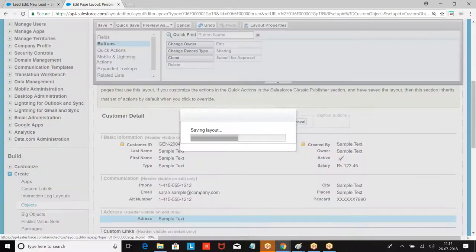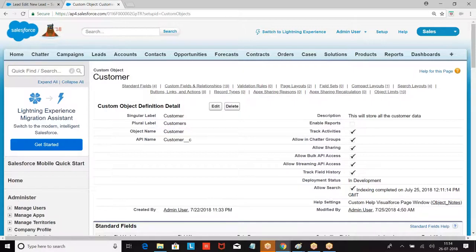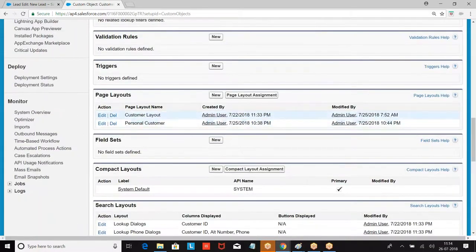Right? Save it. Now, this is also why we are learning, because when you create a field using schema builder, the fields are not getting displayed on the UI. Then I want to add those fields on the UI. That is the reason we started with the page layout. That is the reason I am creating a page layout, organizing the fields and showing it. Right. This is how I created a page layout.